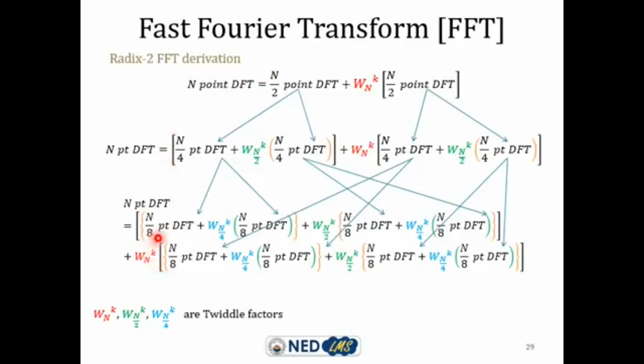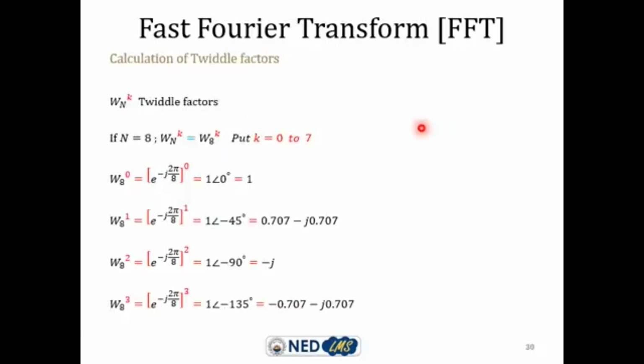We cannot split one sample into half a sample. And the multiplication factors which are used in this process are W_N^k, W_{N/2}^k, W_{N/4}^k, which are collectively called the twiddle factors of the radix-2 FFT algorithm. Now let's come